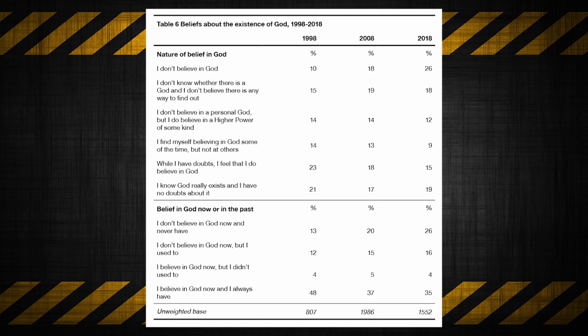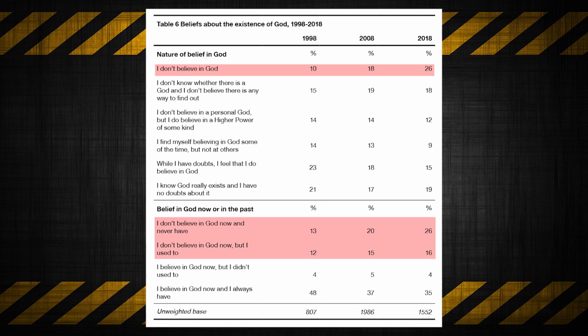Now, what is interesting, and this is something that I've said time and again, is that I've always cautioned when reading these reports that it very, very much depends on how you word the question. So comparing report to report, or comparing the statistics from one country to another, you have to be so careful as to how it's worded. Listen to this. Let's look through these two tables, because the next table is belief in God now or in the past. In terms of "I don't believe in God," 26% said yes, that's the option I'm going to choose. But when they were given a different set of alternatives, which is "I don't believe in God now and never have," and "I don't believe in God now but I used to," well, 42%